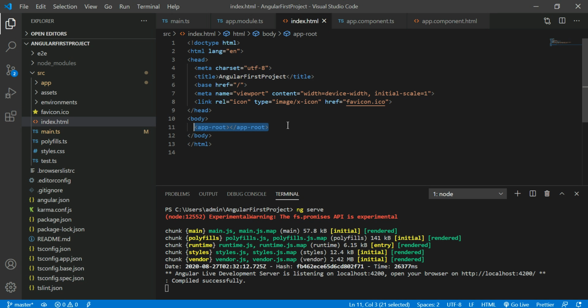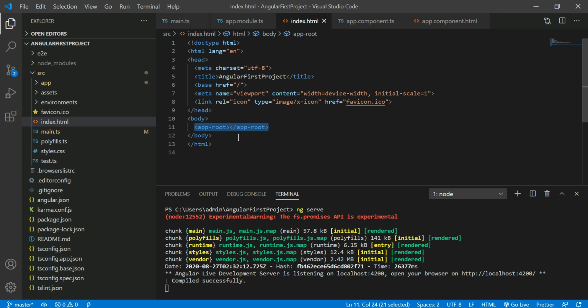We will see all these things in the next videos. As of now, see here in the body section, we know this is a simple HTML template. But here you see app-root is there. App-root is not a completely HTML element. This is a component designed by Angular in this project. I didn't add this app-root manually here. When I created the new project from the terminal window, the entire content was added automatically here. So app-root here represents the app component.